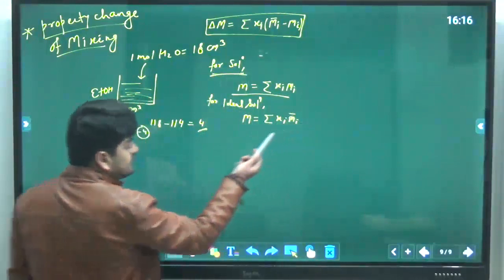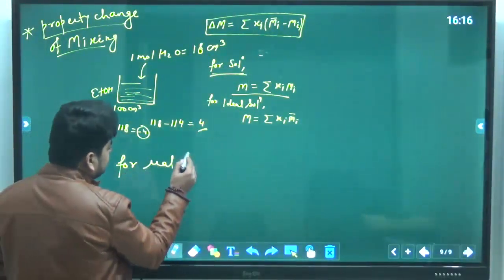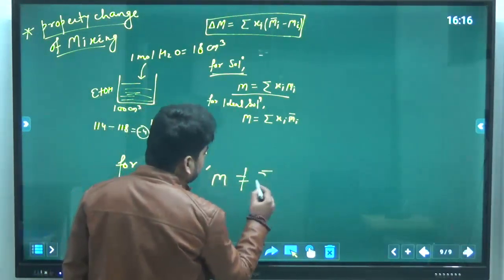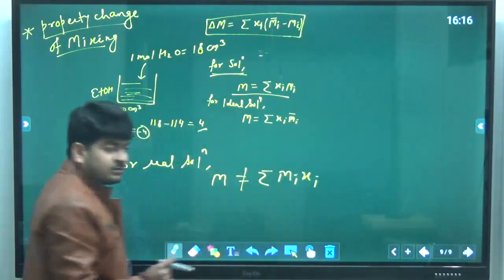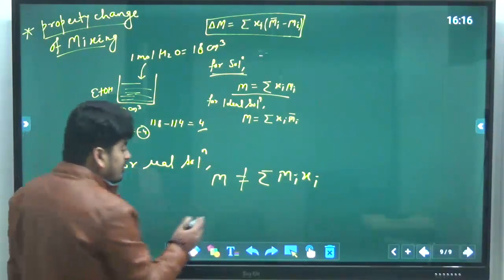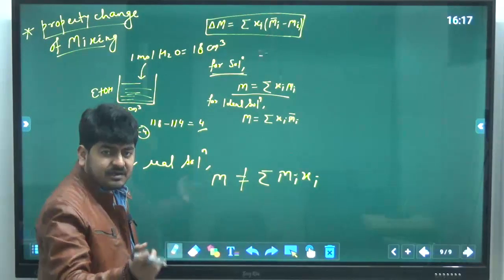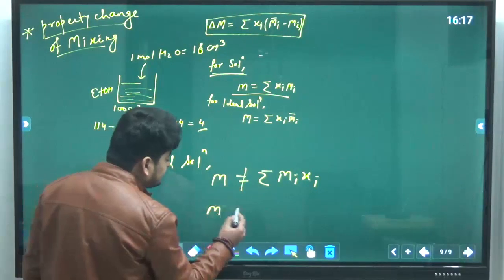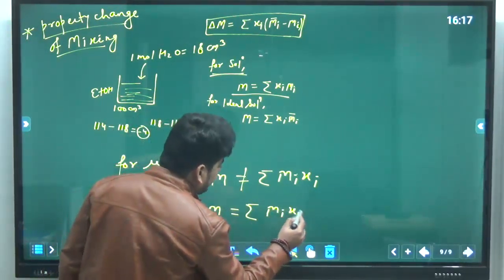And how did we get that? See, for any solution it is the molar property, and if I talk about the real, non-ideal solution, one thing is obvious, that m is not equal to summation of mi into xi. I know that this is not going to be equal for a real solution. So if I want to make it equal, I have to use some kind of multiplication or addition. So let's say I use an addition, so it will be like summation of